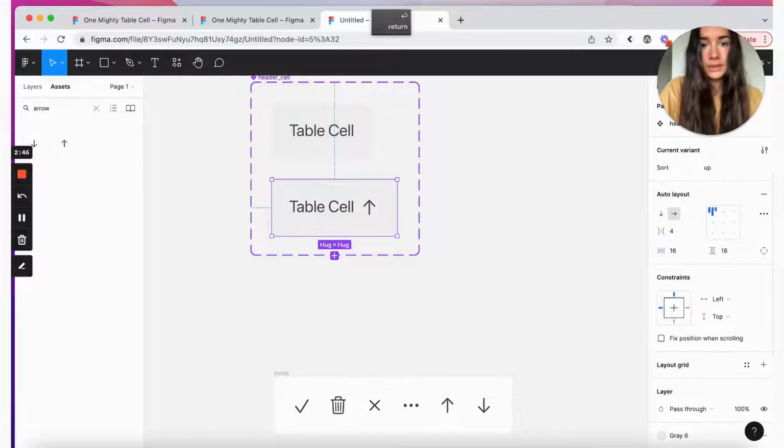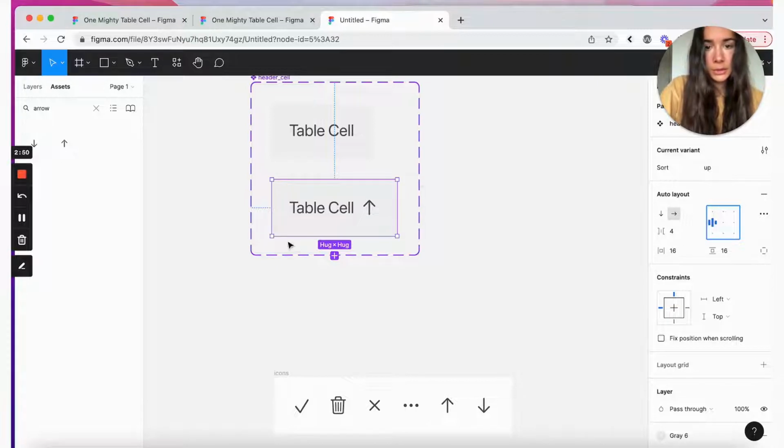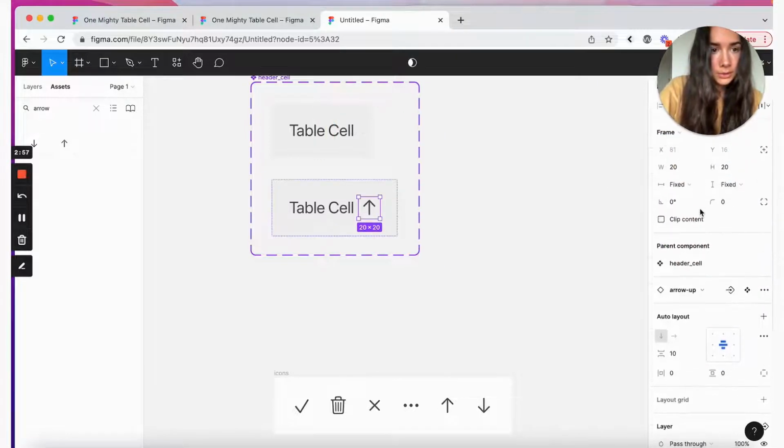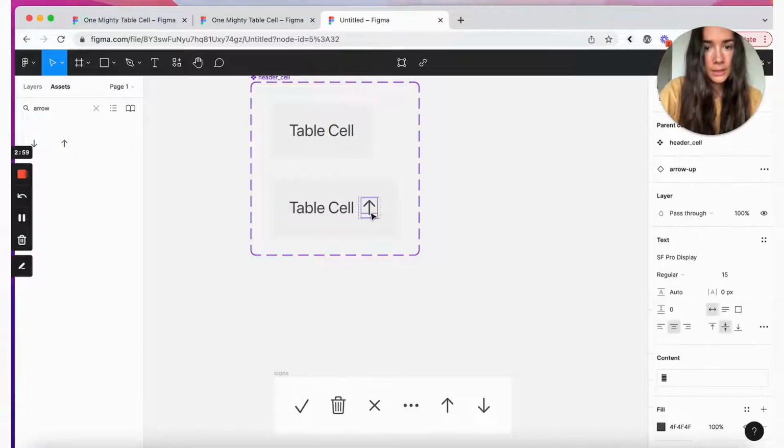So we'll reduce the spacing a little bit, and then we'll vertically center it. And we can just make it a little bit smaller.